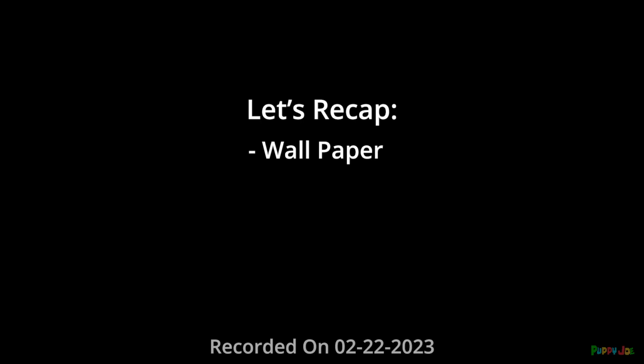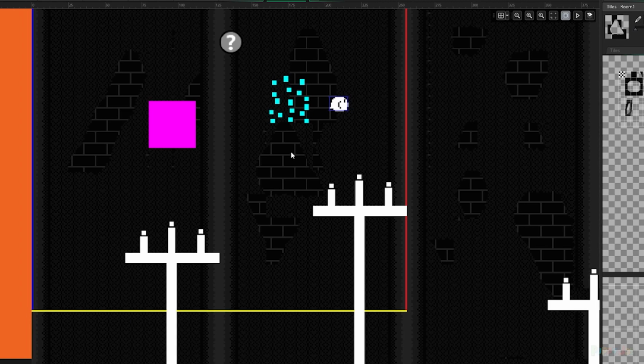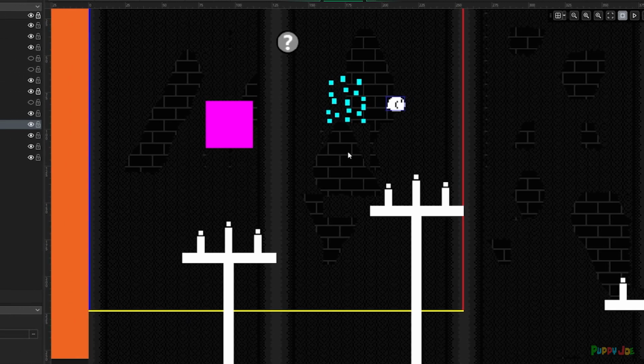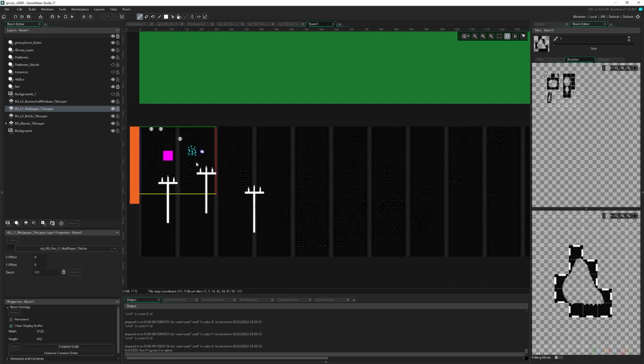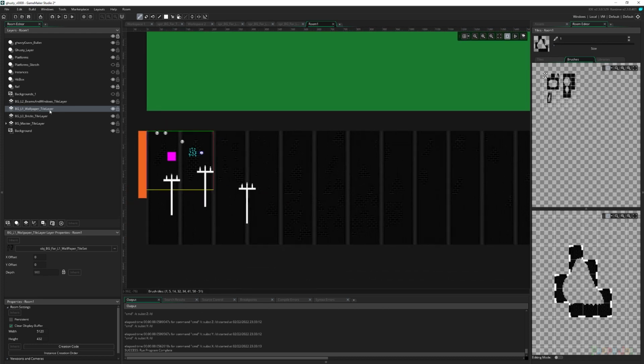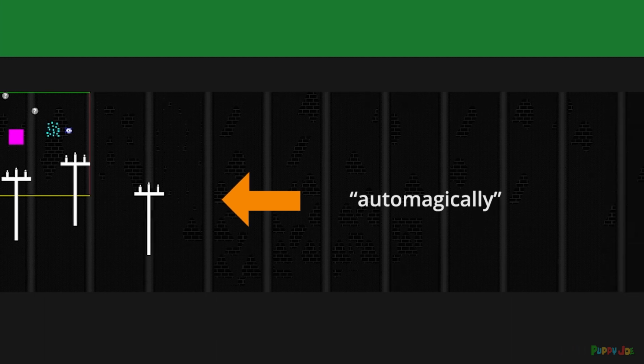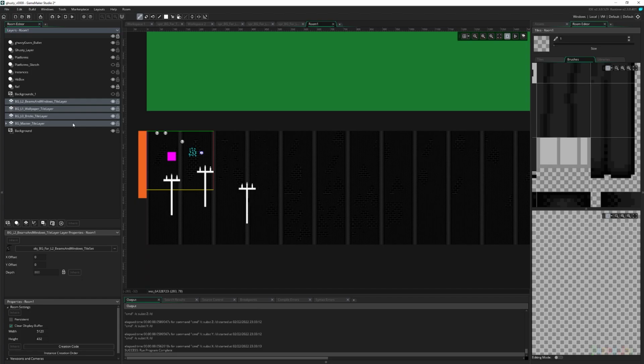We have wallpaper, we have torn wallpaper, we have beams, we have bricks. Now I need the background to move. So how do we do that? There's a couple different ways I was thinking of doing it. One way I want to try out is, can I just have these tile sets move to the screen left automatically? If that doesn't work, then we're going to have to do a moving camera, which isn't the worst thing in the world,